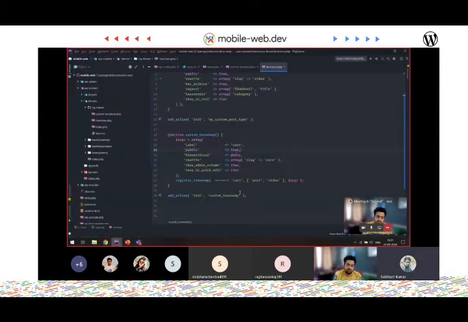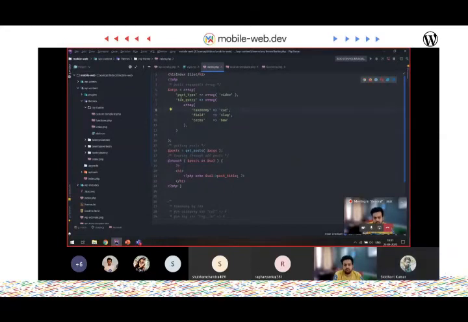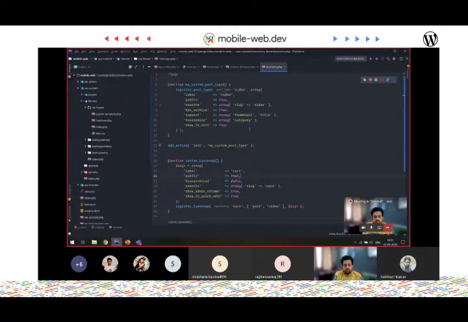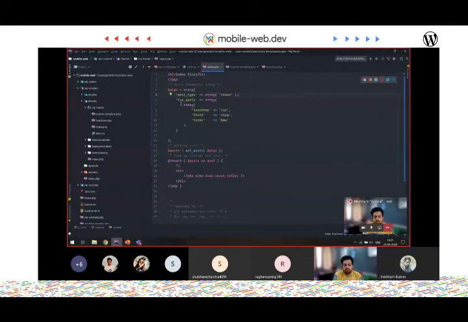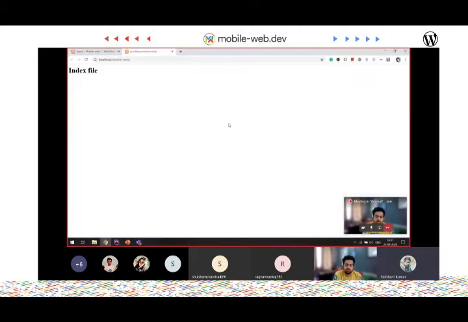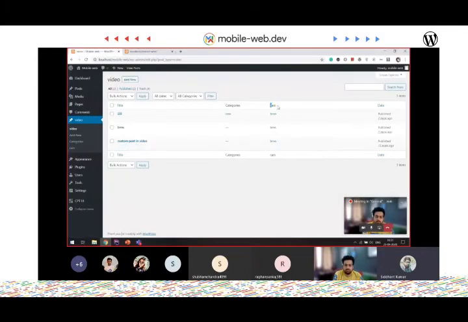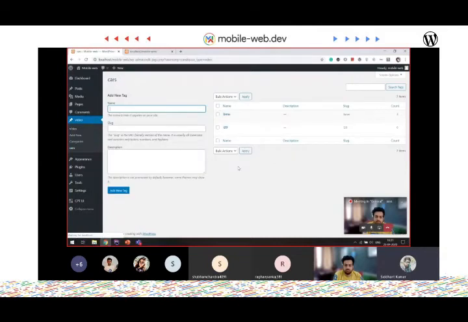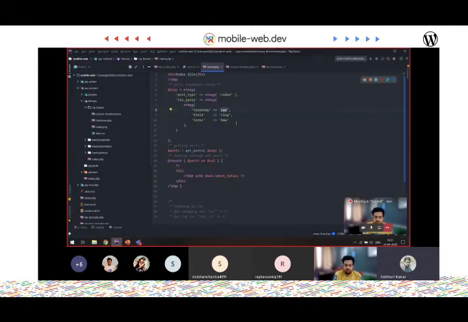Okay, something is going wrong right now. Let's see what is wrong here, what we are doing wrong. Inside post video we are querying post type videos, and using a tax query with taxonomy car, which is our car taxonomy here. And we have a term here, BMW, which we have assigned here in terms, and using a slug. Everything is fine here.